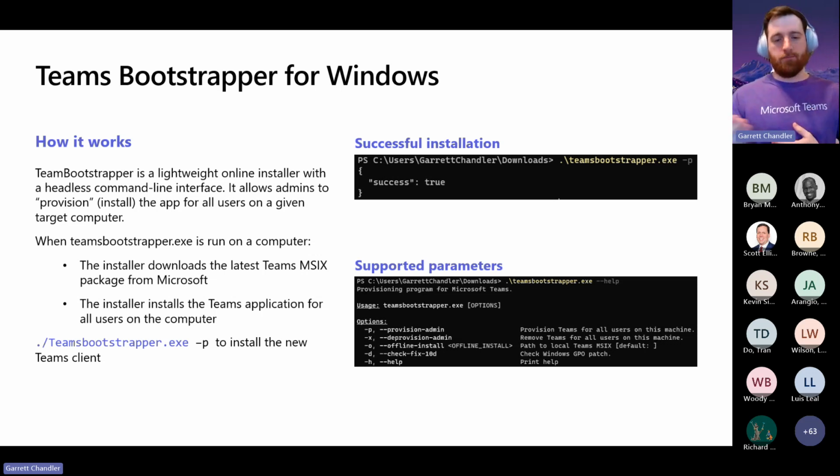When you run this Bootstrapper, it will download that latest MSIX file from Microsoft, and then it will install whatever the latest one that we have available out there for you. So this makes it really nice for us as endpoint admins when we're deploying this through a command line or a central deployment tool like Intune or Configman, right? All we have to do is create an application or a package and call it teamsbootstrapper.exe, and then use the